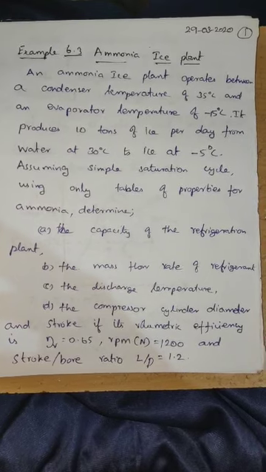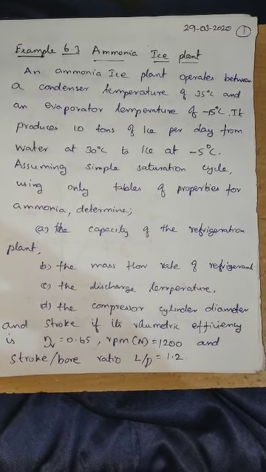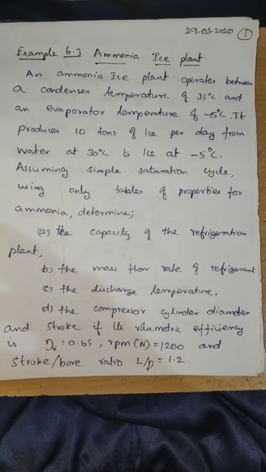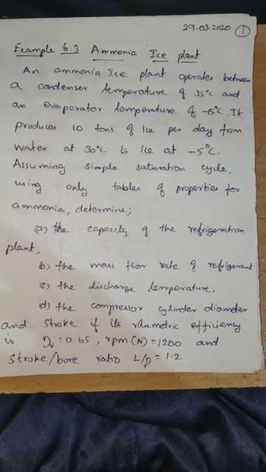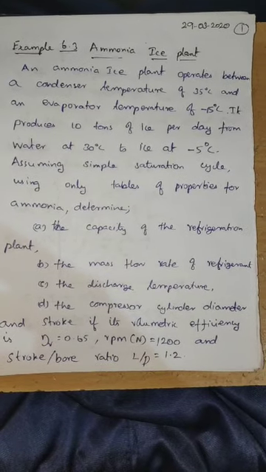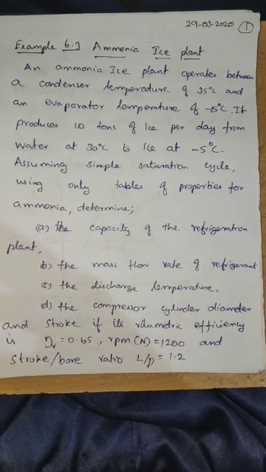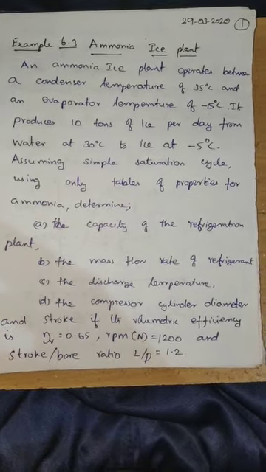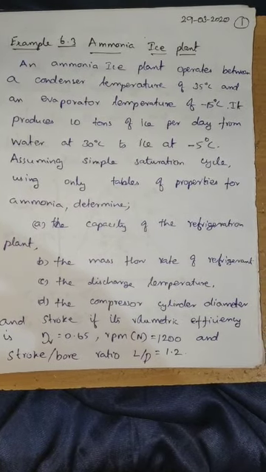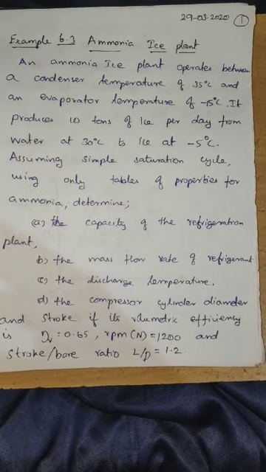Assuming a simple saturation cycle using only tables of properties for ammonia, determine the capacity of the refrigeration plant, the mass flow rate of refrigerant, the discharge temperature, the compressor cylinder diameter and stroke if the volumetric efficiency is 0.65, the speed of the compressor is 1200 rpm and the stroke to bore ratio is 1.2,